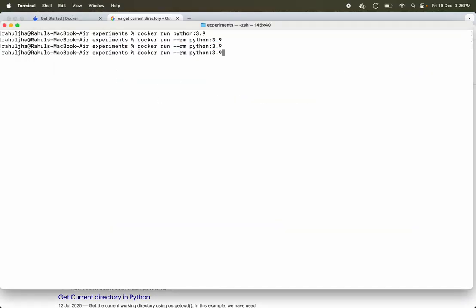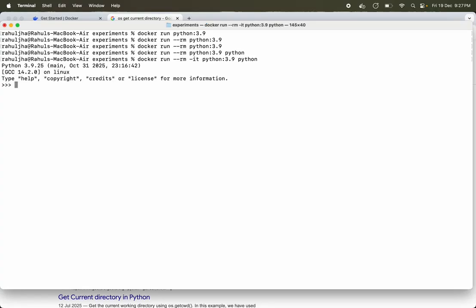Now with this rm, I can launch Python inside this container. Okay, interactive mode I need to activate. So I can launch Python, and let me show you something. Suppose I want to test out certain features. For example, in 3.12, there is this feature that I can use double quotes inside f-strings. So suppose I have a dictionary called person, which has a name of Rahul.